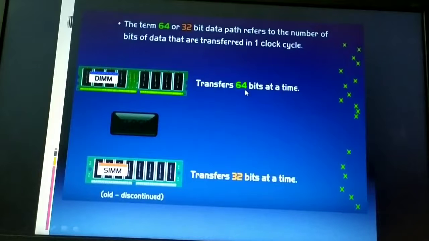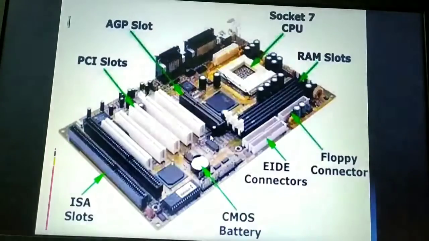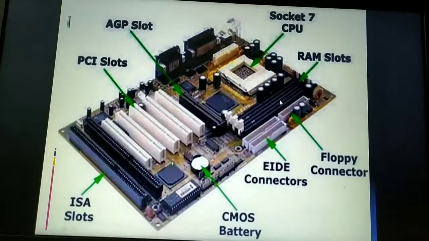Rising edge and falling edge I have shown you when I was discussing double data rate random access memory. Almost all modern computer systems have the dual inline memory module that has the capability to transfer 64 bits. Otherwise, by looks, both the RAM slots are the same type. Okay, this is where the RAM slots are.